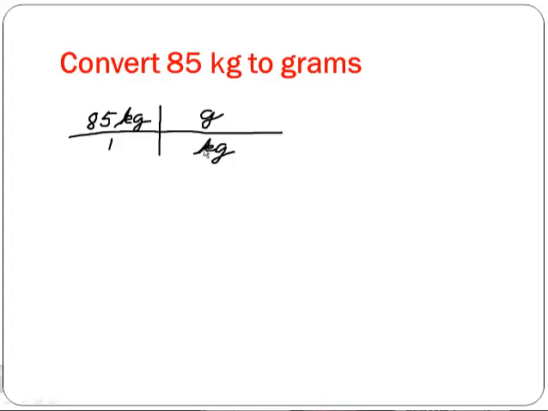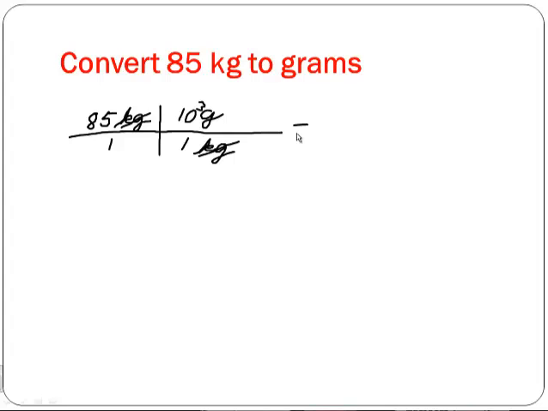And if I remember correctly, 1 kilogram equals 1,000 or 10 to the third grams. 85 kilograms is going to be times 10 to the third grams over 1 kilogram. Let's see if this works. Kilograms cancel,